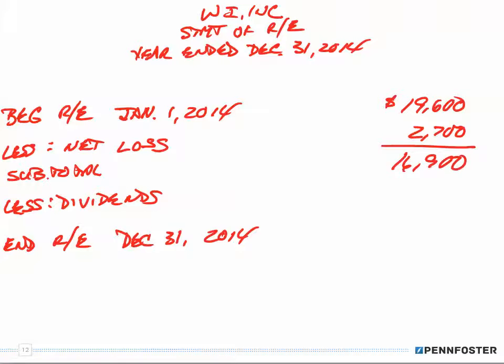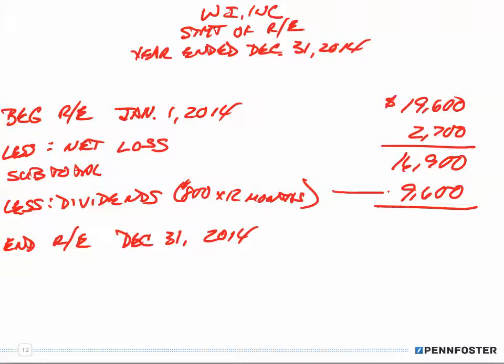And then just like the dividends, again, don't use the bracket, all right? So 9,600, because we're subtracting out the dividends. Now, the dividends, the solution is showing how the dividends were calculated. It's writing in 800 times 12 months, and there's nothing wrong with writing that in, to show how you arrive at the 9,600. There's nothing wrong with doing that. But I personally wouldn't do that for the simple reason,